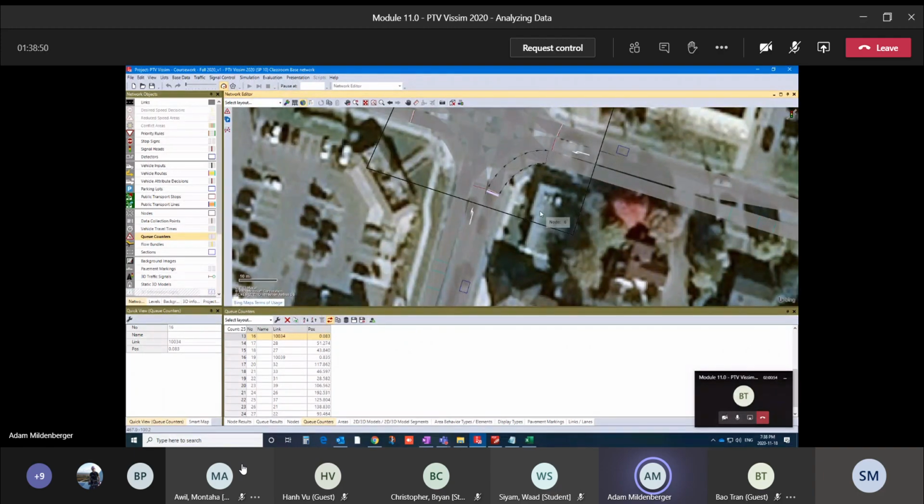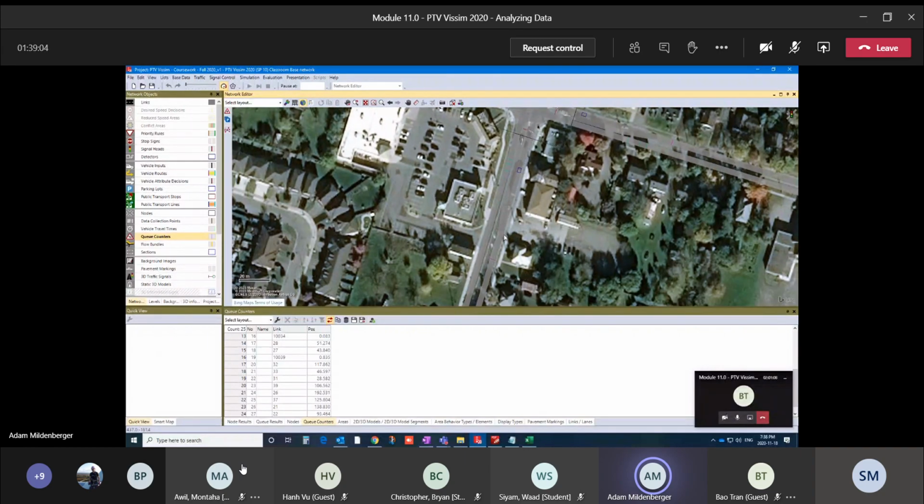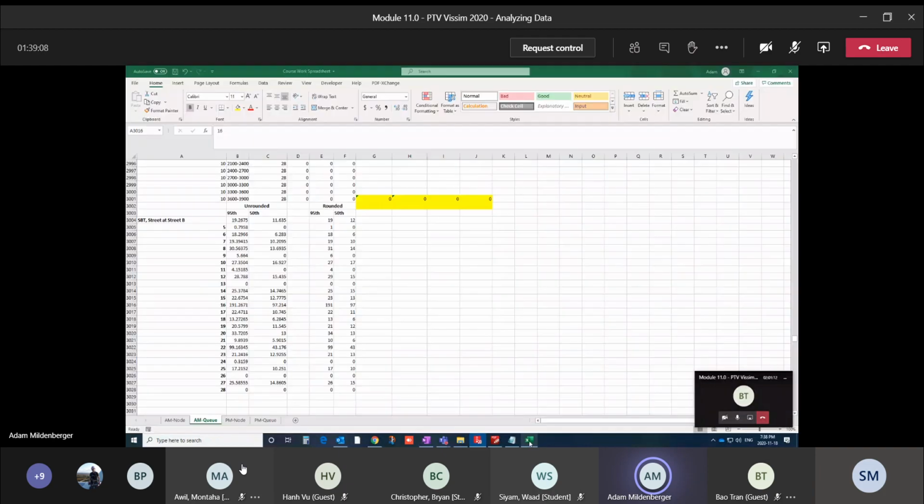Personally, I don't think the signal timing plans are the best. That's why we're getting some high queuing. But it's strange, you get a high Q of 100 meters. The average Q is 100 meters, it's going to be like back to here. The 95th could potentially go all the way back to here somewhere. But if you look at the delay,